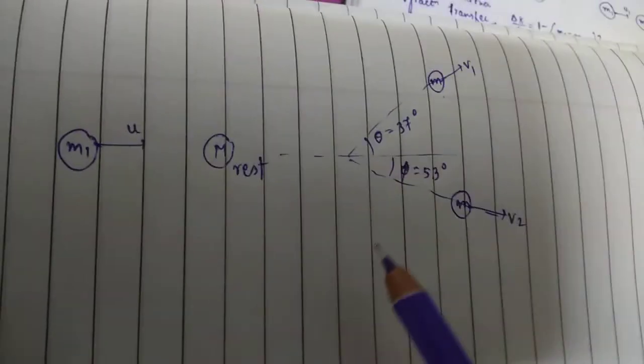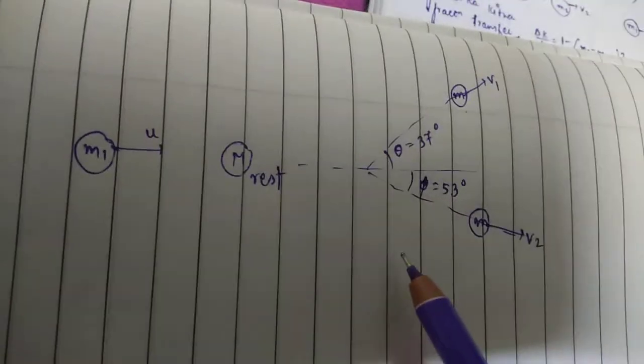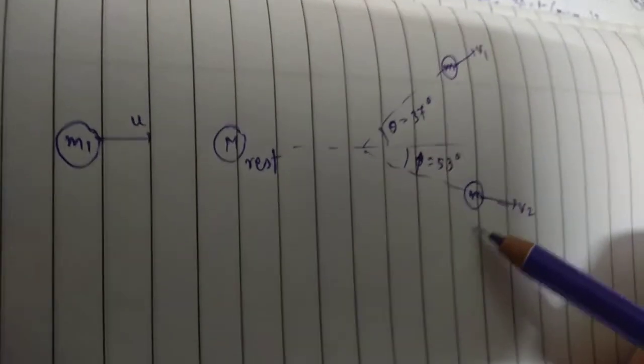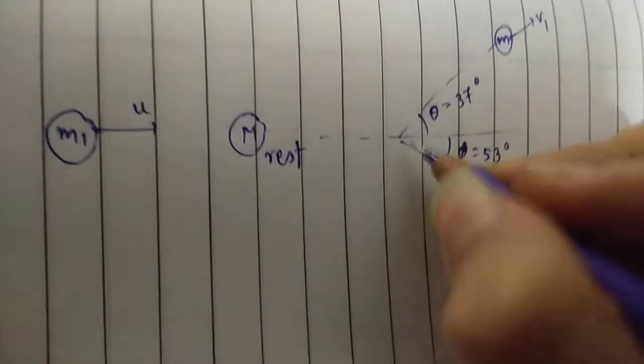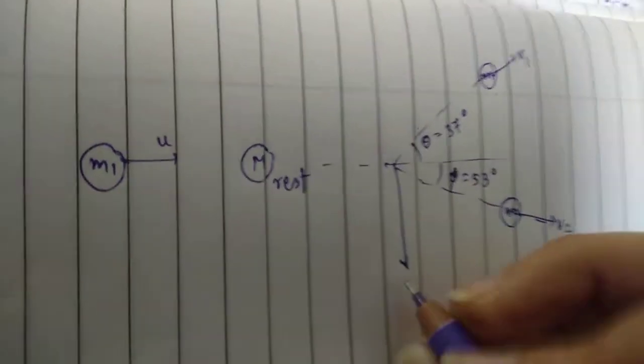In this question, this mass is moving and this one is at rest, and we are given the angles, so we have to find the velocity. As we can see, angles are given, so we have to conserve the momentum, because for kinetic energy one velocity will be required, but both are unknown. So let me balance